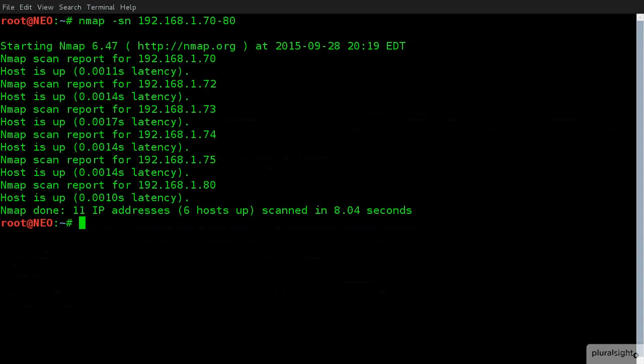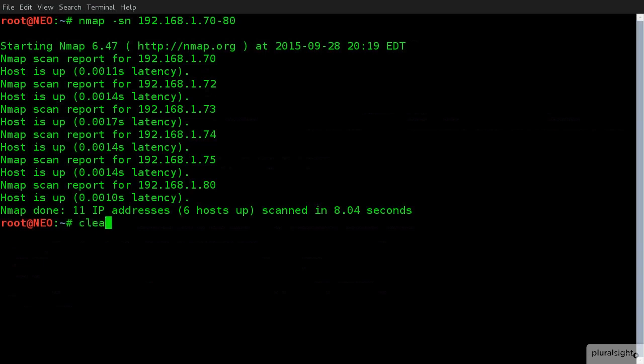You'll notice we have 70, 72, 73, 74, 75, and 80. That's always a good sign when there are that many close together, that it's either going to be workstations or server infrastructure, because most server devices and most standard infrastructure, whether using DHCP or static addresses, tend to go in a logical sequence. So we have some machines that we can utilize. Let's pick one of them. Let's pick the